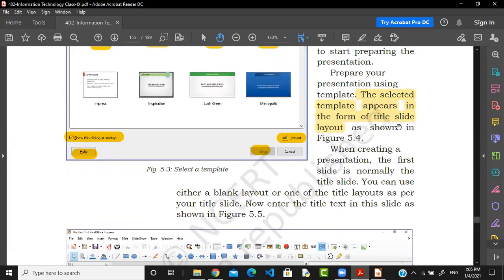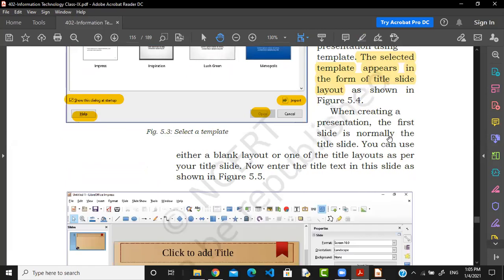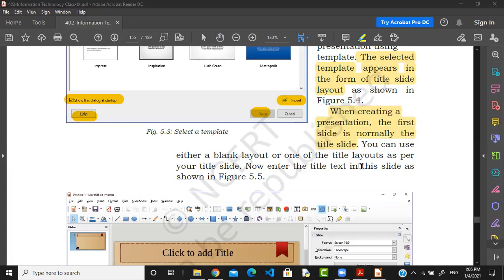In a presentation, the first slide is normally known as the title slide. So what is the meaning of the title slide? It is a slide which gives information about the title or the topic. We require one slide for that. On it we generally write the title, the author name, and some purpose. Only two or three lines of text are required there. That is called the title slide.